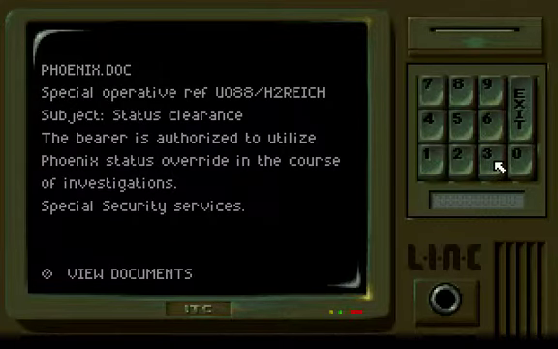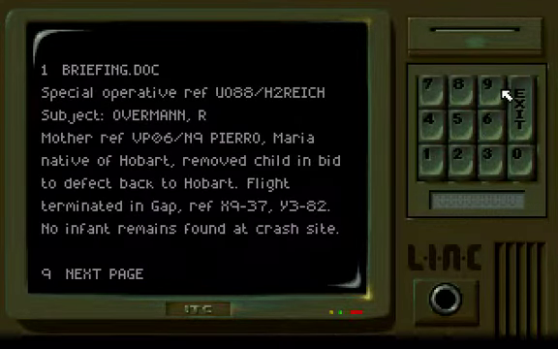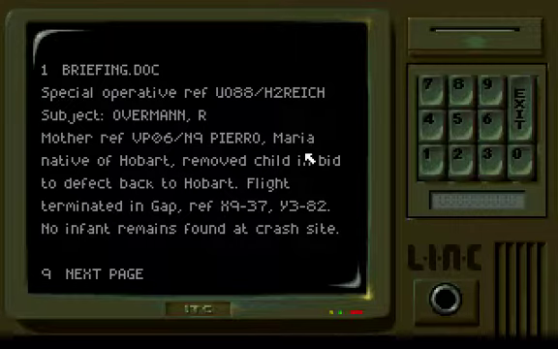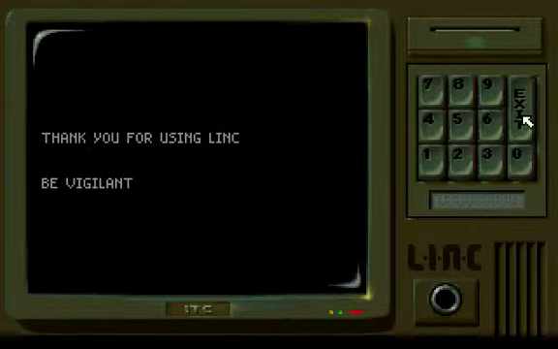And the Phoenix program. Bearer is authorized to utilize Phoenix status, which means that we have clearance to go to the ground floor. But yes, this is the most interesting one. Maria is actually Robert's mother. So, that means...